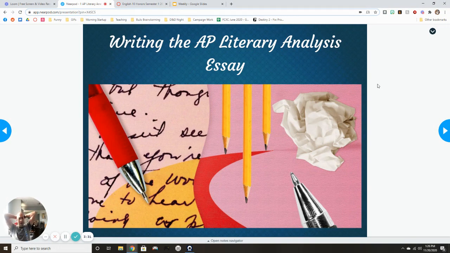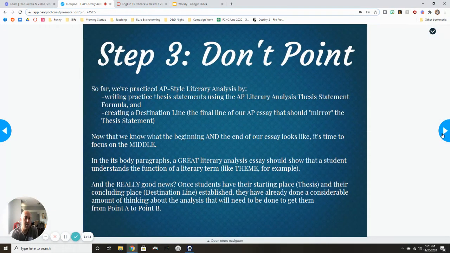We're going to be talking about step 3 of AP Literary Analysis, which is talking about writing body paragraphs. What goes in the actual body paragraph of your essay? Hopefully by now you are in this Nearpod. So step 1, if you remember, was writing a good thesis statement. And step 2 was writing a good closer, a good sentence to close it out. One thing about AP writing, they don't care that much about a conclusion. You just need 1 or 2 sentences to wrap it up. Usually one that points back to your main idea and thesis. We've talked about that on Friday. Today, we're going to talk about what goes in those body paragraphs.